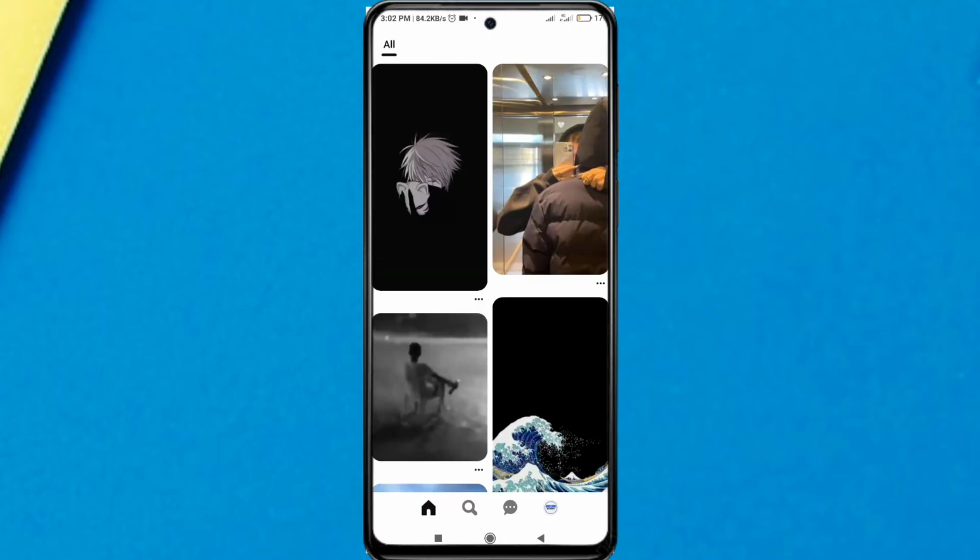So first of all, log into your account. If you have the Pinterest app, just log in from the app, and if you don't, just log in from the browser and website. To share the Pinterest board link, first of all tap on the profile icon from the bottom right corner, this one. From here,